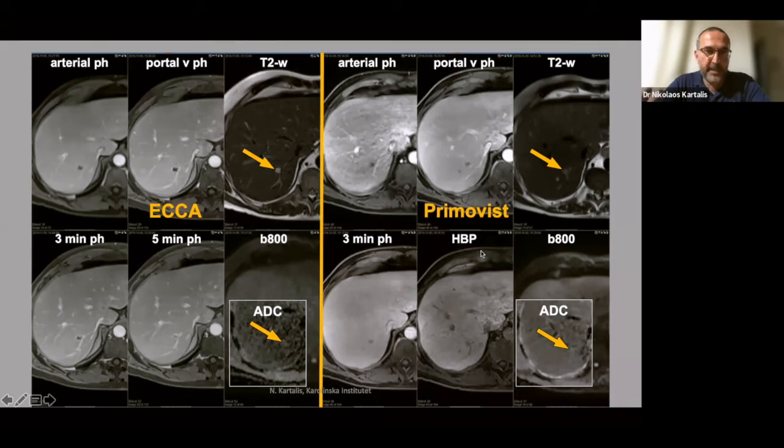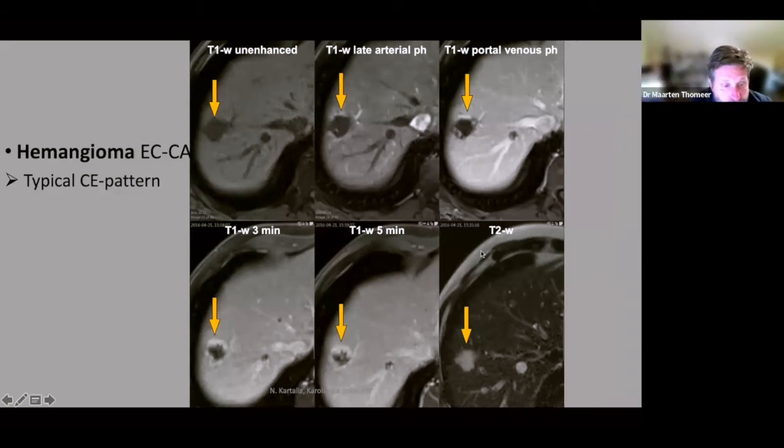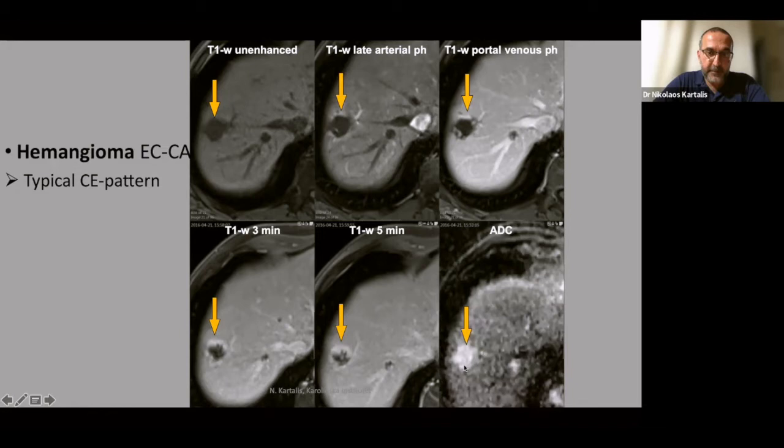I will go through some of the next images on the PowerPoint just to explain how we can address hemangiomas in these patients. On the extracellular contrast agent, the hemangioma has the typical enhancement pattern: peripheral, discontinuous, nodular enhancement with progressive fill-in, following the blood pool. One hemangioma here and the second hemangioma in this area. Both hemangiomas have high signal intensity on T2 and free diffusion.